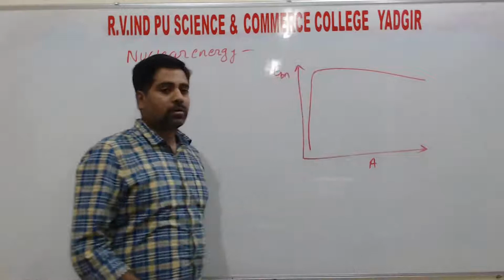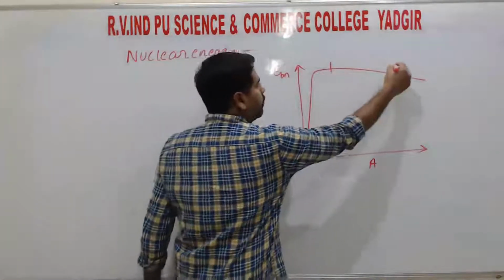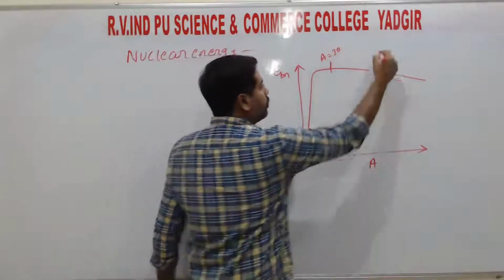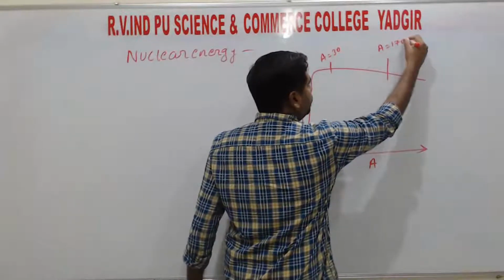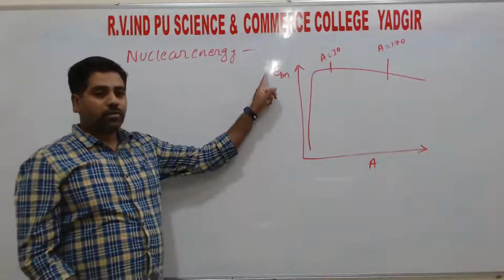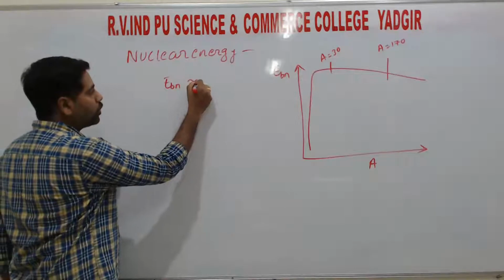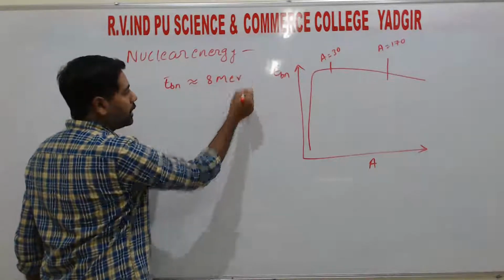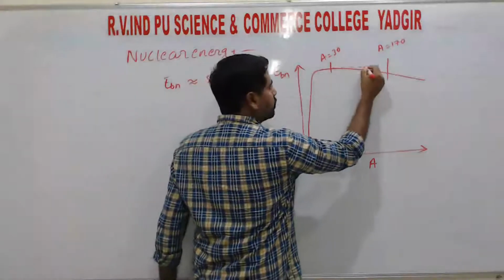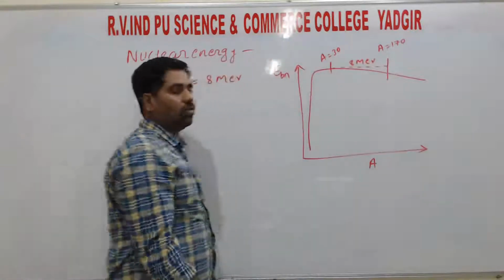like this, right? So in this we study the mass number from A30 to A170, which has the constant specific binding energy per nucleus. Specific binding energy is constant, so that value is approximately equal to 8 mega electron volt. So from here to here the value is almost constant, 8 mega electron volt,